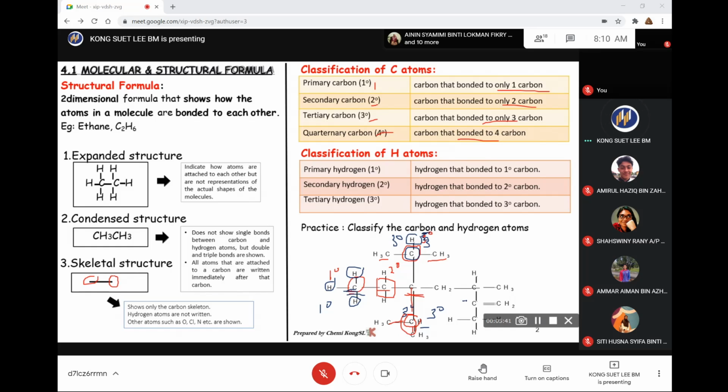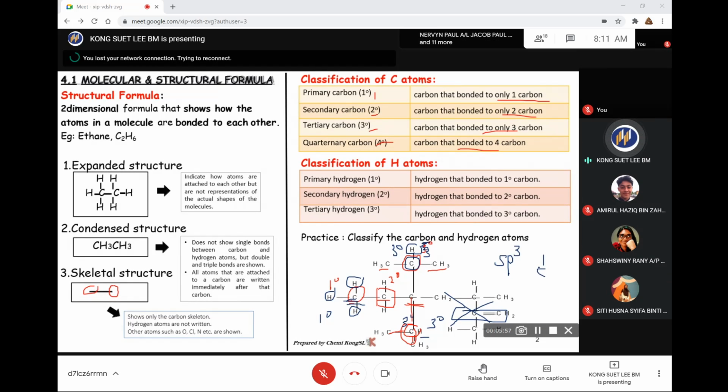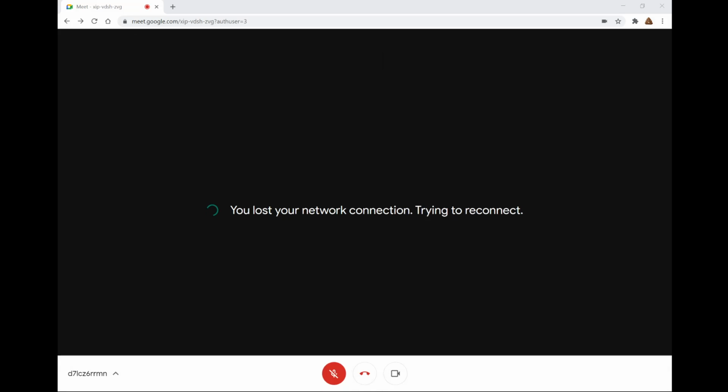Look at this one. Carbon-carbon double bond. We cannot classify a carbon-carbon double bond, because this classification is only for sp3 carbon. What is meant by sp3? Tetrahedral. It means there are 4 single bonds for the carbon. If the carbon is not classified